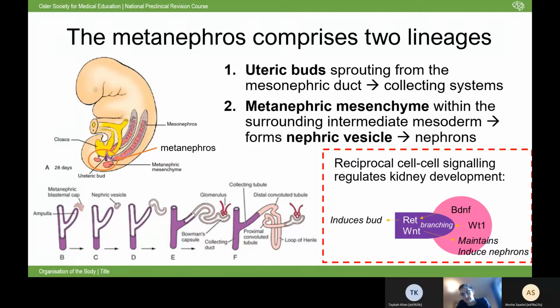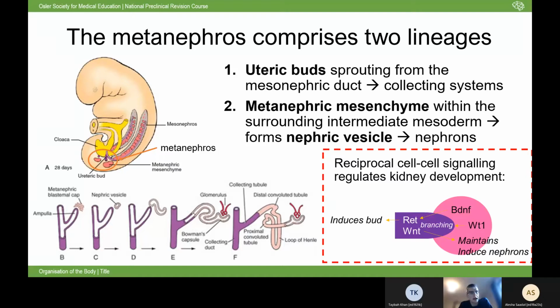So you have BDNF signaling, which induces RET signaling in the bud, which induces the outgrowth. You get Wnt signaling from the bud to induce the formation of nephrons in the surrounding mesenchyme. And then you get WT1, Wilms tumor gene 1, which is really important in regulating the branching process that happens to this bud. So the ureteric bud starts as a single bud, but branches out to form the tree of your collecting system. And Wilms tumor gene is an interesting one because it's mutated in diseases causing